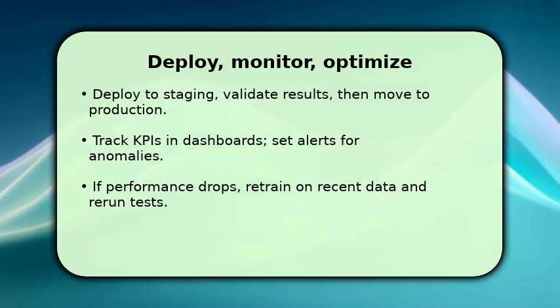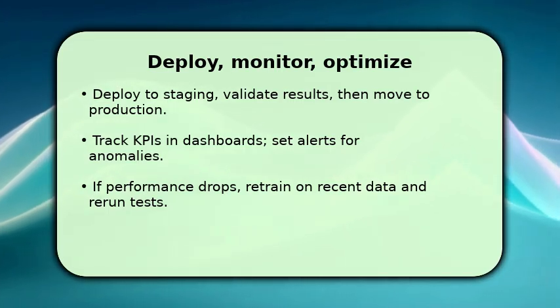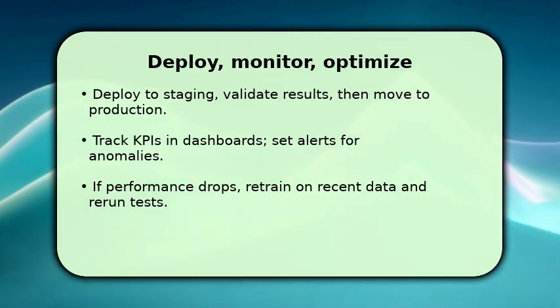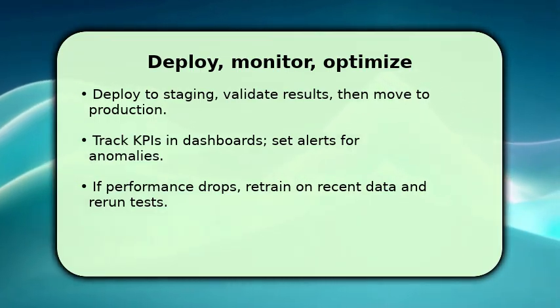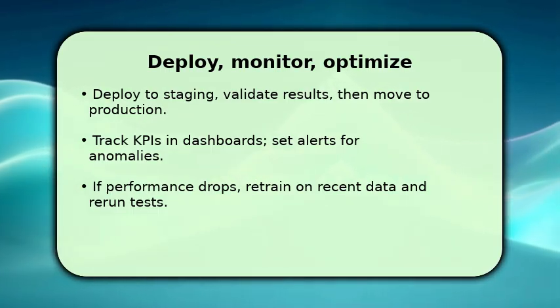Once live, monitor KPIs in dashboards and set automated alerts for spikes or drops so you can act fast. If results degrade, retrain models on recent labeled data, recalibrate thresholds, and rerun A/B tests. This is the key troubleshooting move because drift is the most